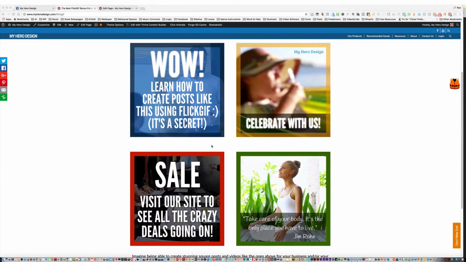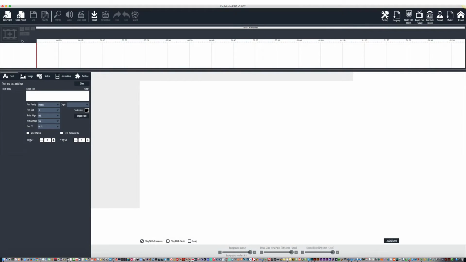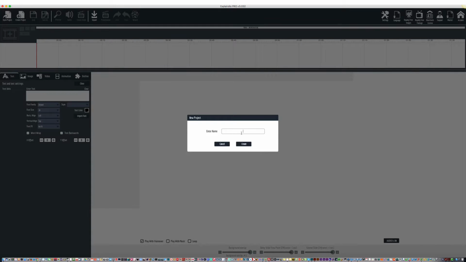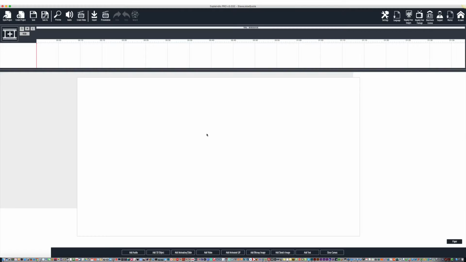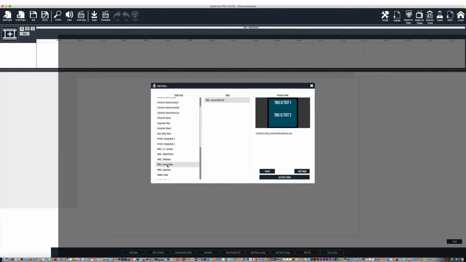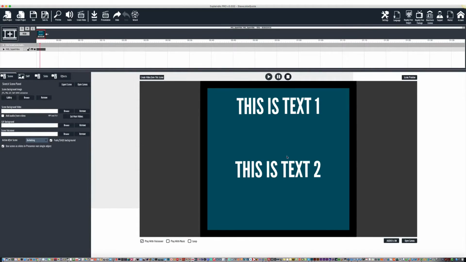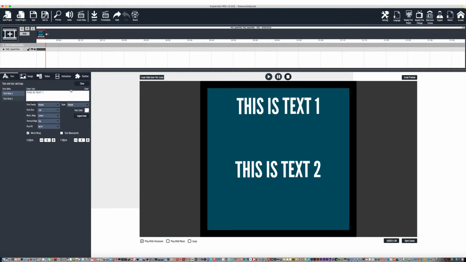So I'm going to open up Explaindio, create a project. We'll call it Steve Jobs quote because that's what we're going to create. Create a new scene, add animation slide, and you're going to go right here to MHD square video, add, make sure don't sketch is checked. Alright, we're halfway there. You've loaded in the file. Let's go and customize it. Slide, customize,